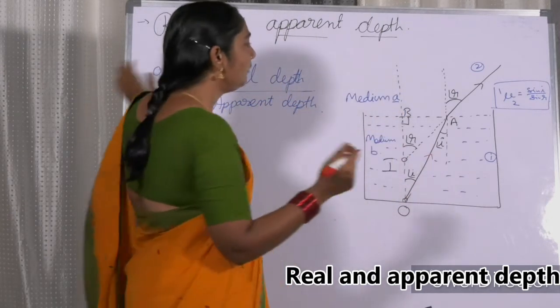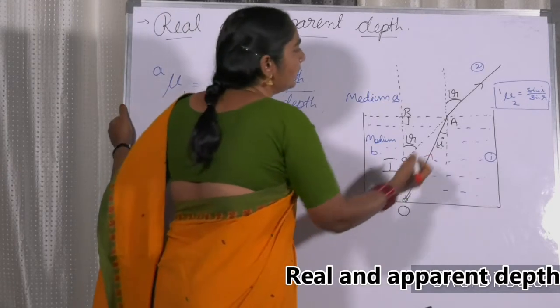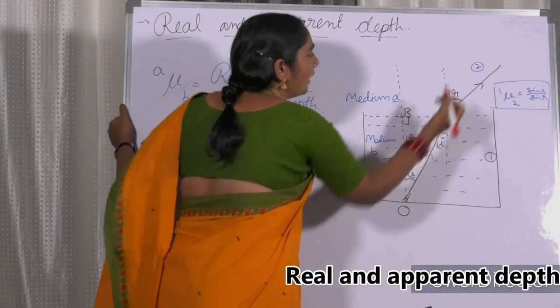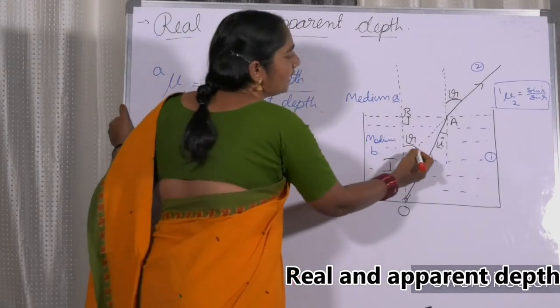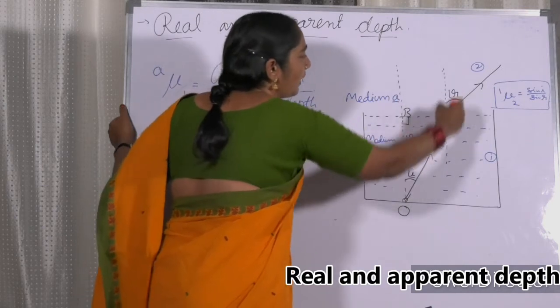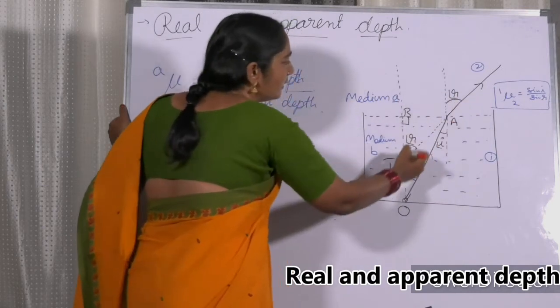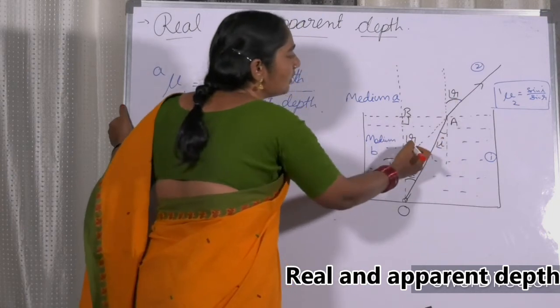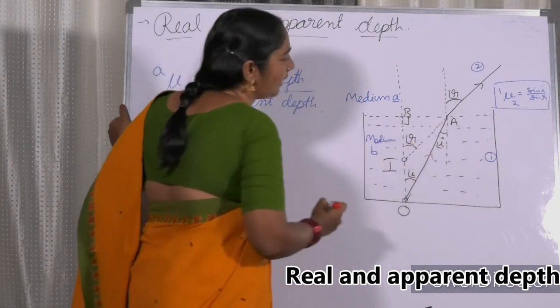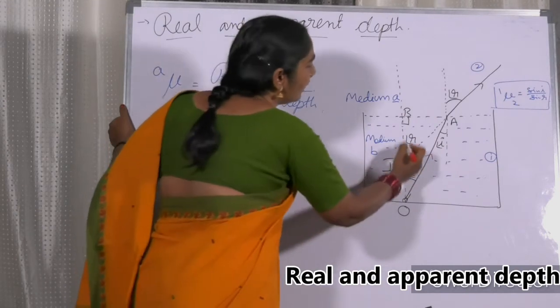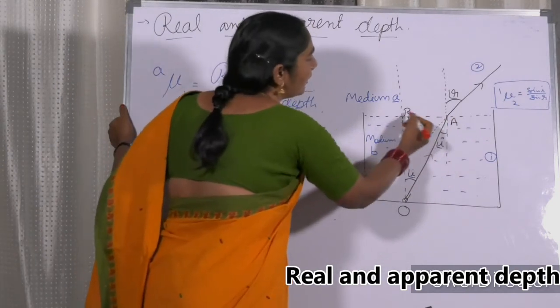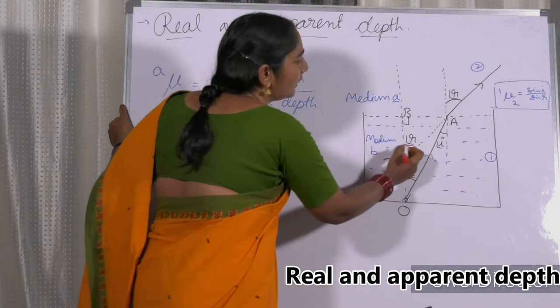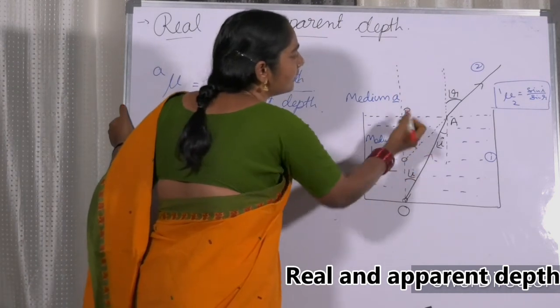Now, my dear friends, you can see that this is angle R, and this also is angle R, because these two lines are parallel and this is the transversal, so these are corresponding angles. We know that corresponding angles are equal. So this angle is R. Now you get a right angle triangle here, ABI, with this angle R and a right angle of 90 degrees.